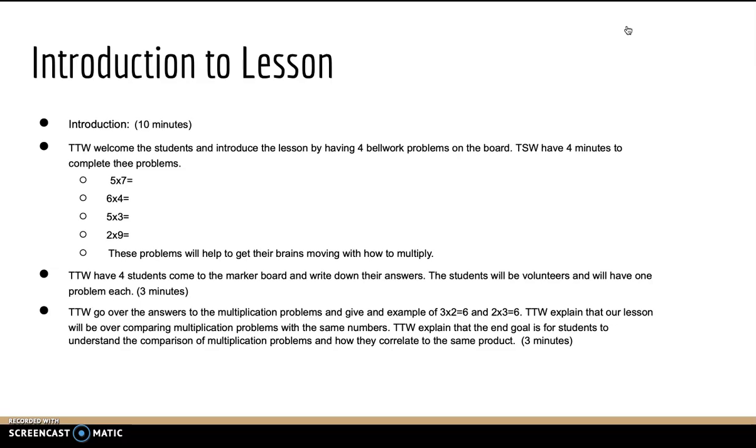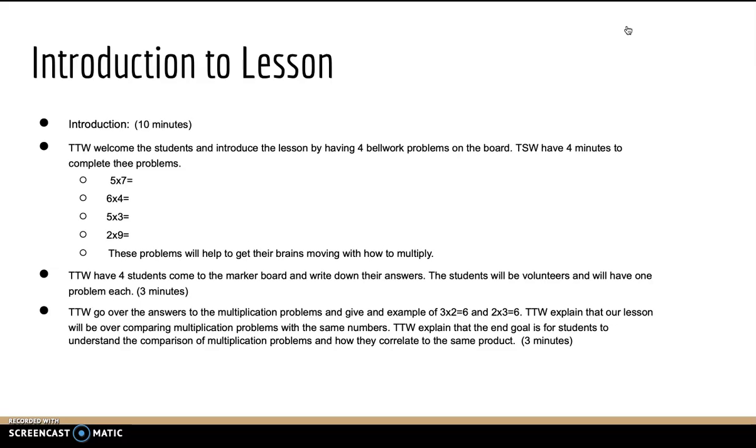So for an introduction of the lesson, I'm going to definitely welcome the students and introduce the lesson by having 4 bell work problems. Once they get settled in their seats, we're going to have these 4 problems, which are 5 times 7, 6 times 4, 5 times 3, 2 times 9, and these problems are just going to help get their brains moving. I'm going to have 4 volunteers come to the board and write down the answers to these problems. I'm going to go over the answers with them and give them an example of 3 times 2 equals 6, 2 times 3 equals 6, and I'm just going to explain what our lesson is going to be going over,